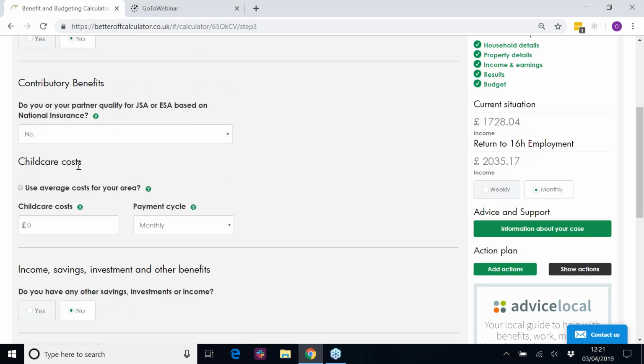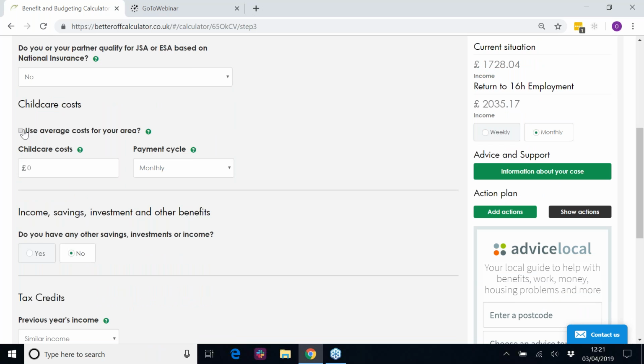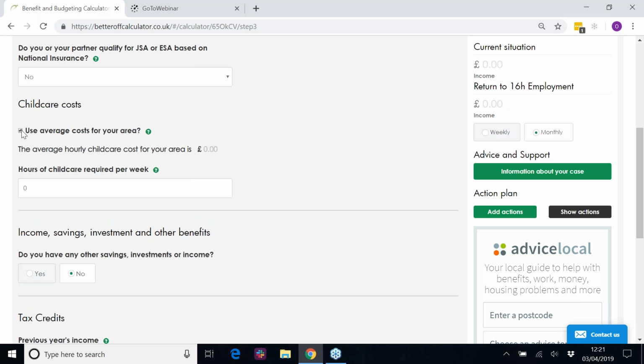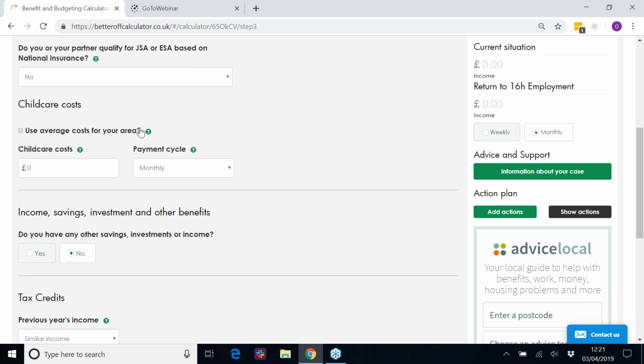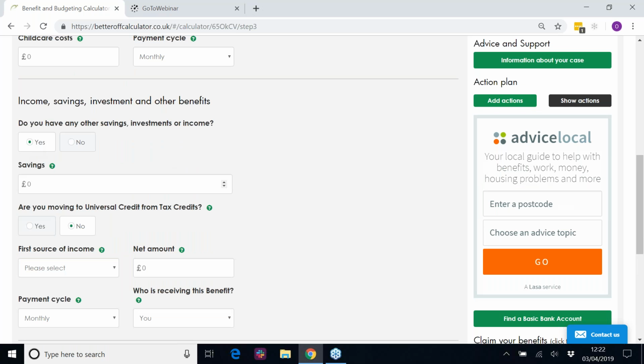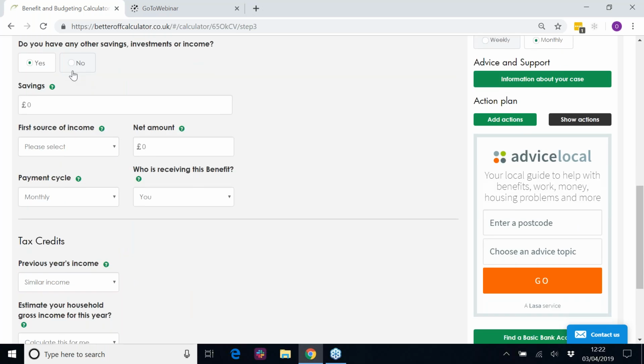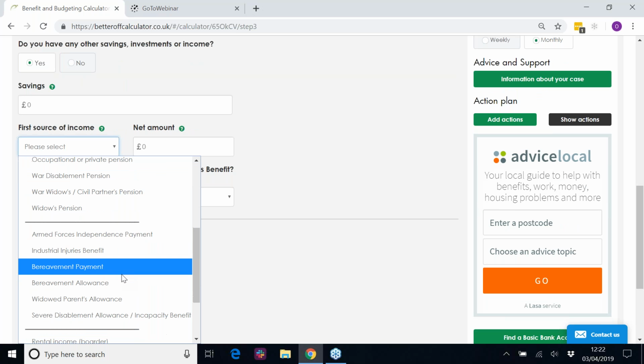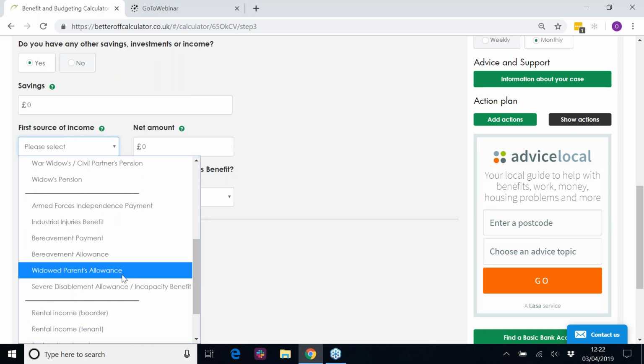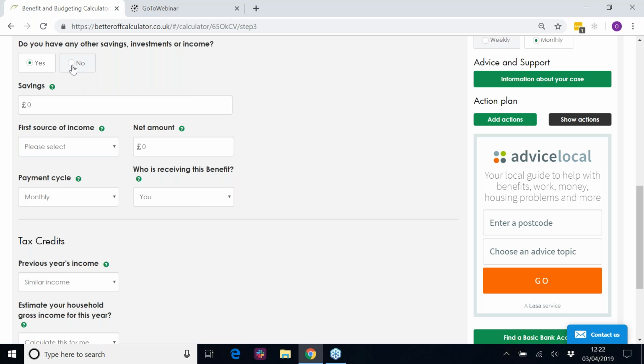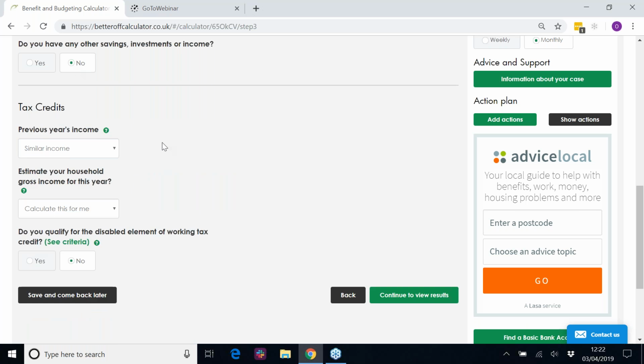You've got, again, contributory benefits, childcare costs. You've got a use average function. So again, you don't have to go away and research childcare costs. You can send someone away with a meaningful figure for them to have a meaningful conversation around what actually their situation is going to look like going forward. But obviously not applicable in this case. And you can look in great detail at all kinds of other income as well. Sort of drilling down: sick pay, bereavement, widowed parents allowance. There's a huge amount of detail you can go into to make sure you're getting accurate tax and benefits information